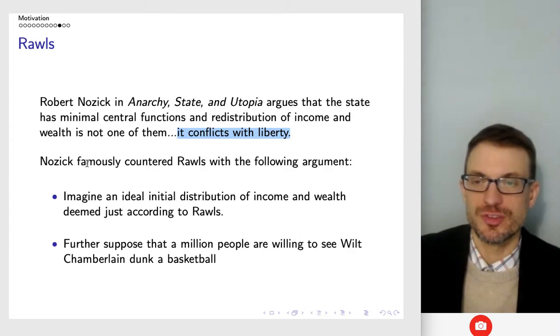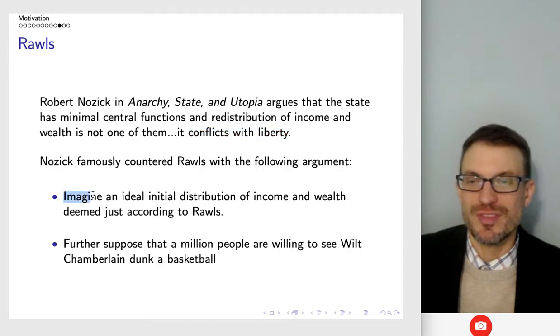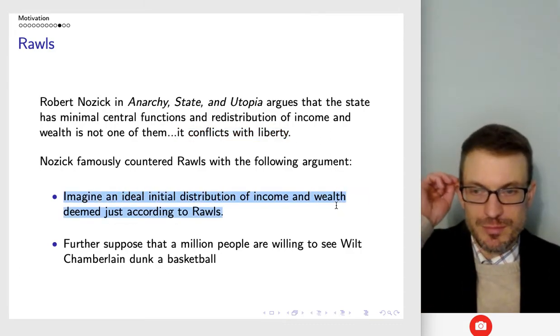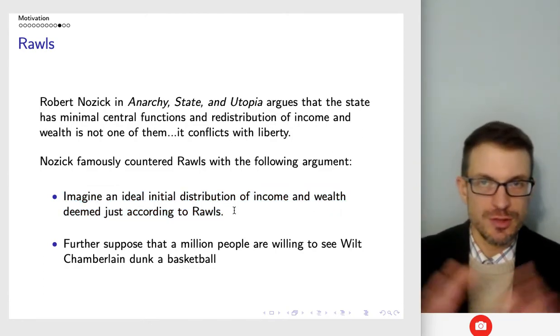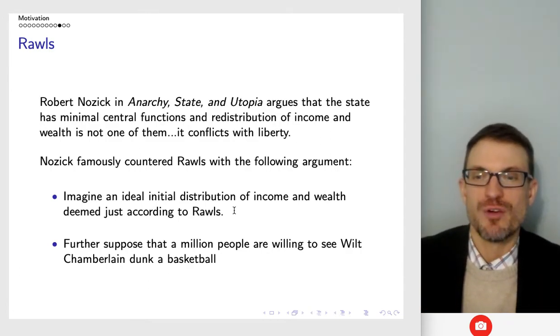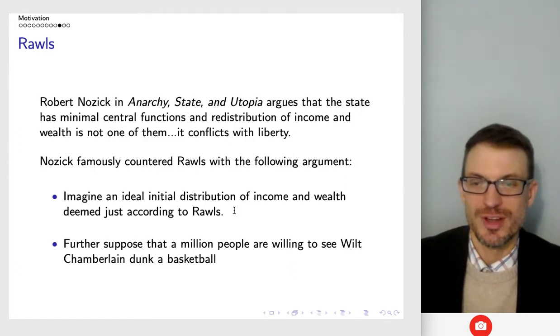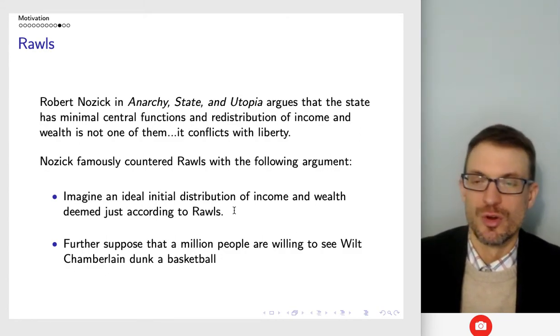So here's Nozick's famous reply to Rawls. Think of the initial ideal distribution of wealth and income that would be determined to be just according to Rawls. So we're in this ideal distribution. Now, further suppose 1 million people are willing to see Wilt Chamberlain dunk a basketball and pay $1 to do so, right? Or LeBron James, we could update it for today, or want to watch Cam Newton throw a football,